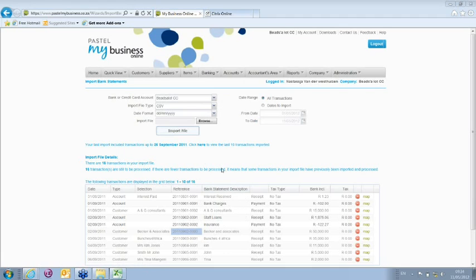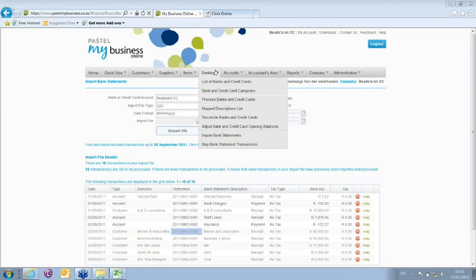I've got a question from Monet. Can I import and map from 2 different accounts on the same company? Yes, you would be able to do that. The mapping on the system is universal, so it would be applicable for all your banks and credit cards. If you wanted to change it, let's say on the description side it was different, you could actually go and indicate that. So if we go in there,